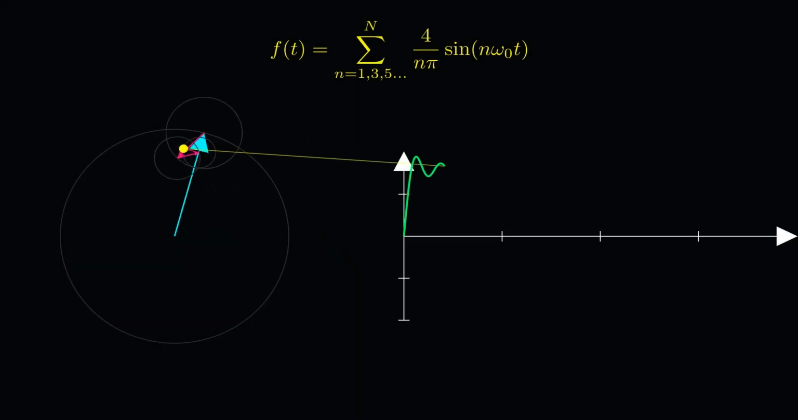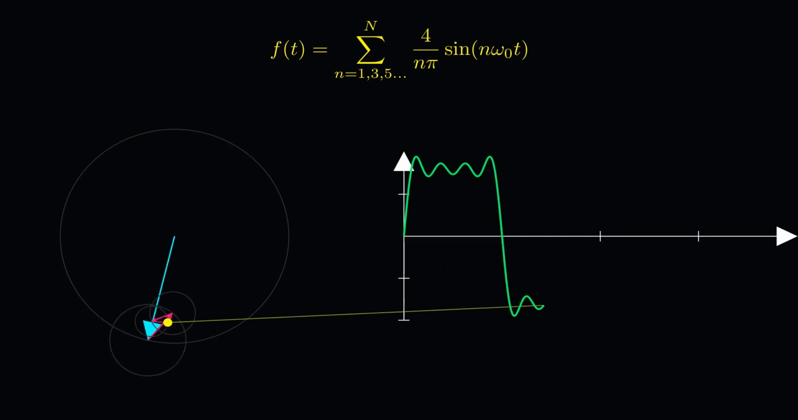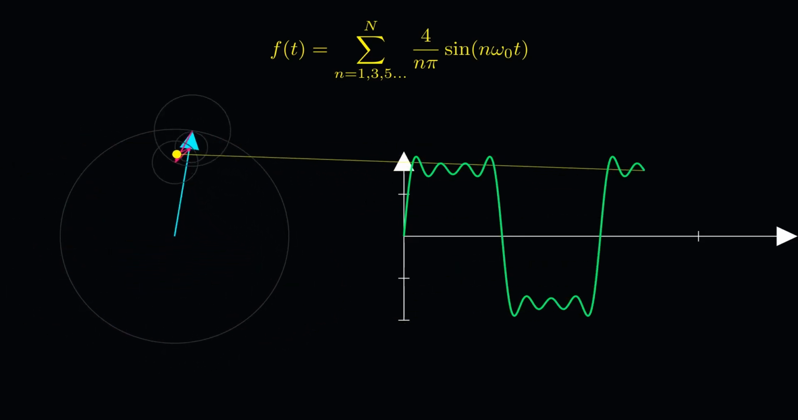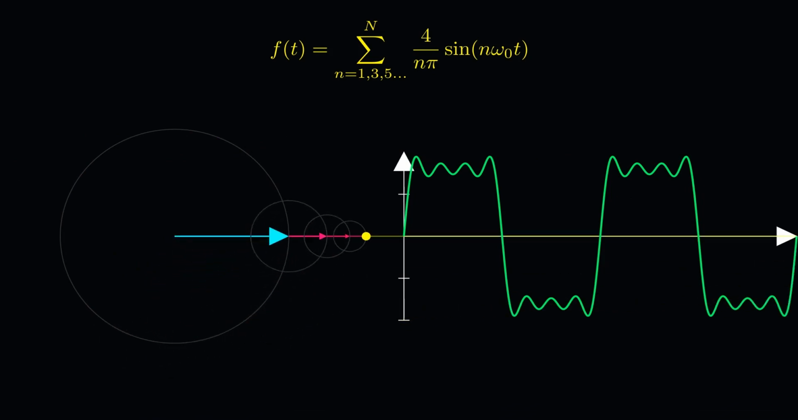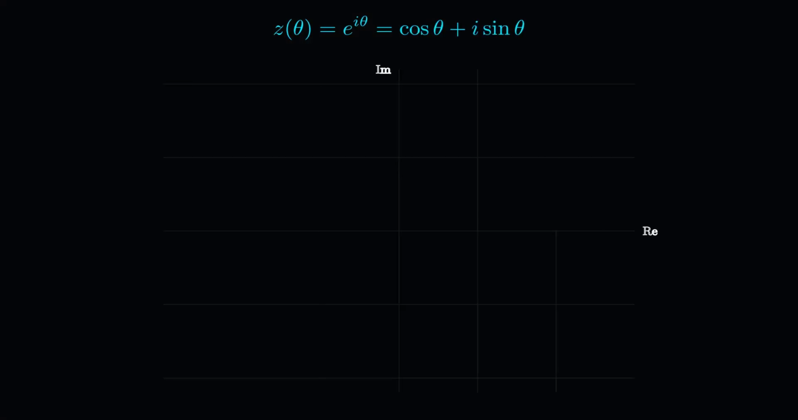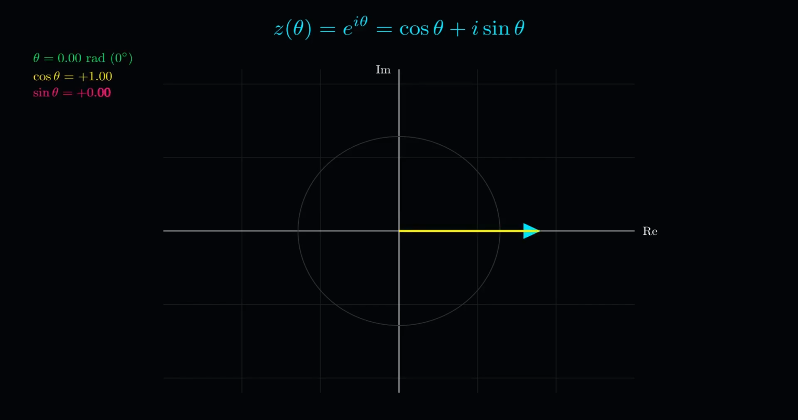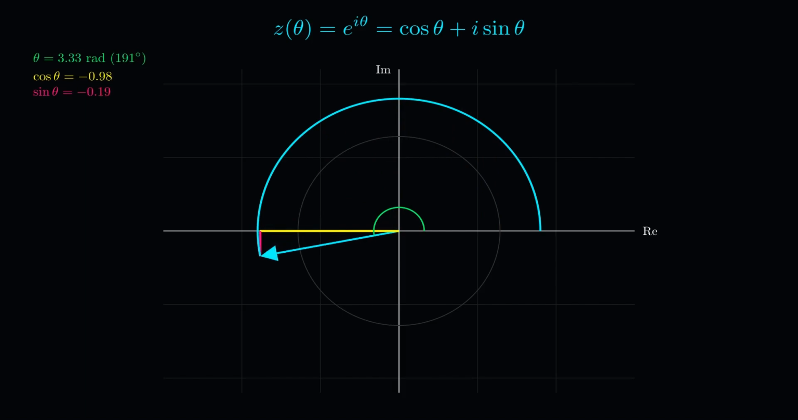Graphically, you can visualize this as a chain of rotating vectors called epicycles, drawing out the periodic waveform as time moves forward. An epicycle is a small circle whose center rotates along the circumference of a larger circle. By using Euler's formula, e raised to i theta equals cosine theta plus i sine theta, we can represent each